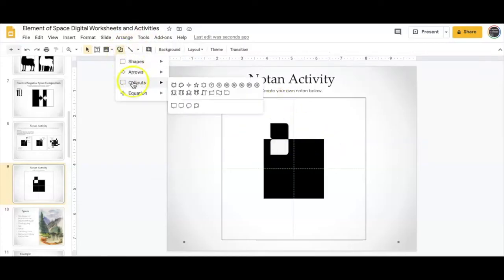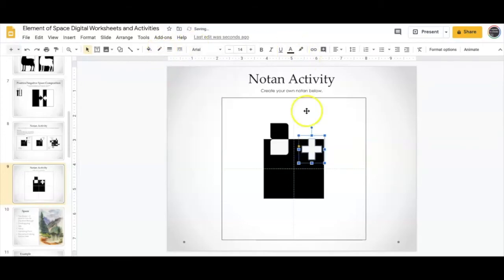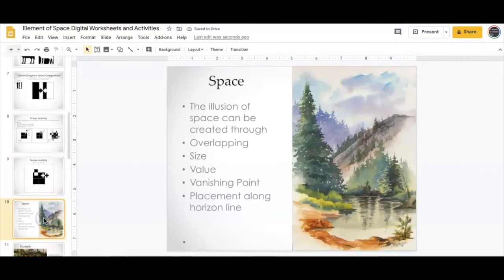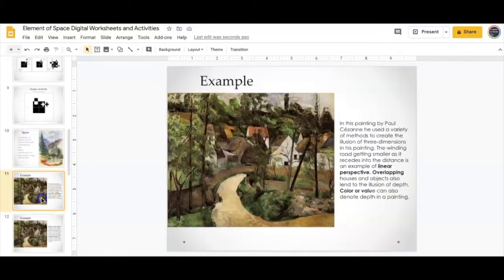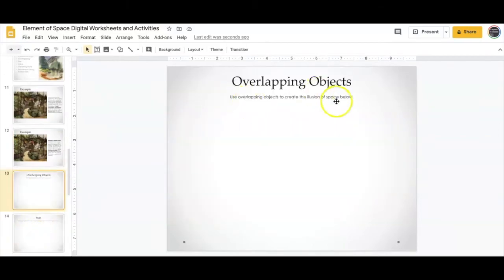All right. Then you're going to go to your next quadrant, and you're going to draw a shape that is on the right-hand side filled with white. And then you're going to hold down Alt or Control and drag it over to duplicate it, and then you're going to flip that one and fill it with black, and you're going to do that on each of those four quadrants. All right, then you're going to look at an example painting by Paul Cézanne and read about how